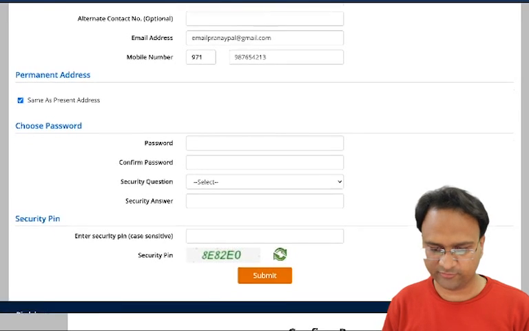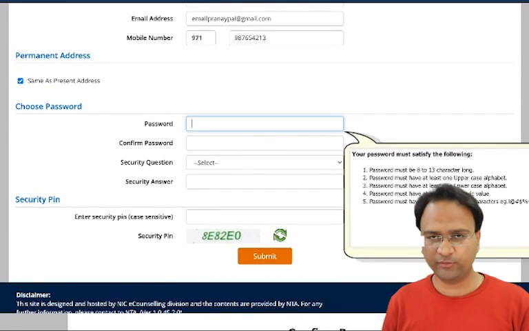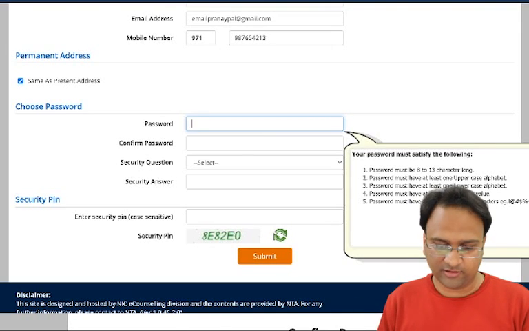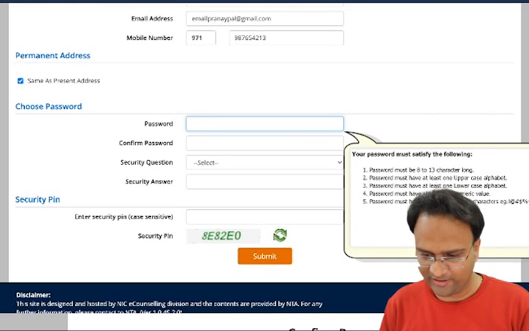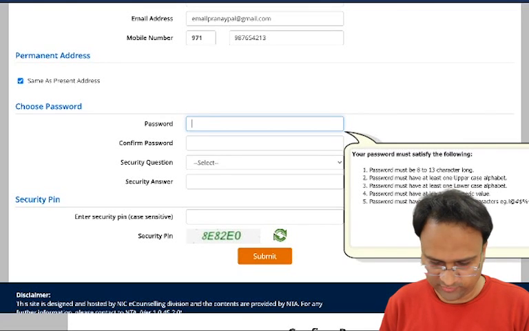Then just create a password. Now remember, the password is going to be between 8 to 13 characters long. It must have an uppercase and a lowercase. It must have one numeric value, and it should have at least one special character. Okay, so in this case what you can do is, let me just give you an example. If I'll type